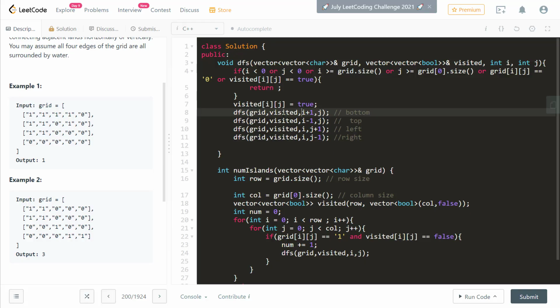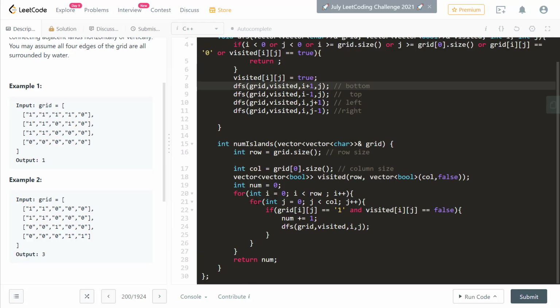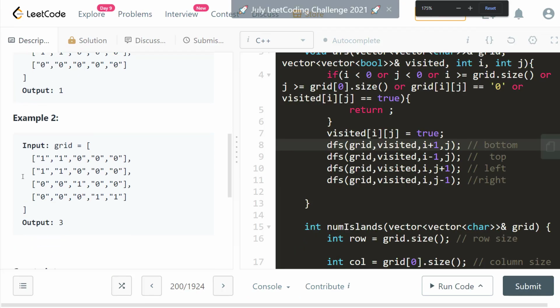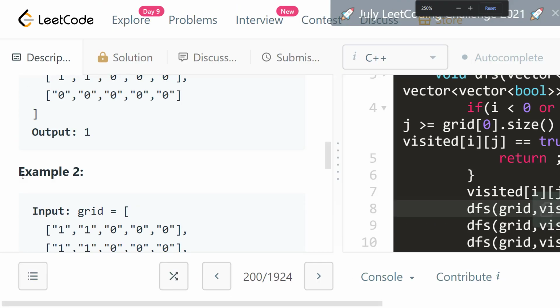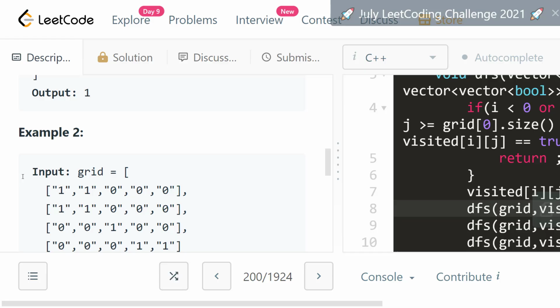Let me zoom in, I'll explain it. This is the first thing we witness, and then we make a DFS call to this side, and bottom, top, left.